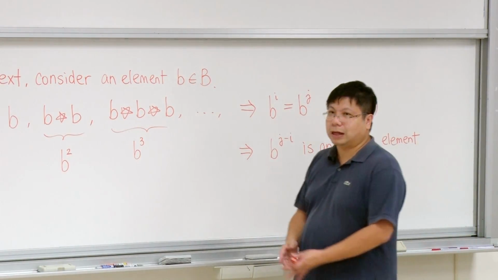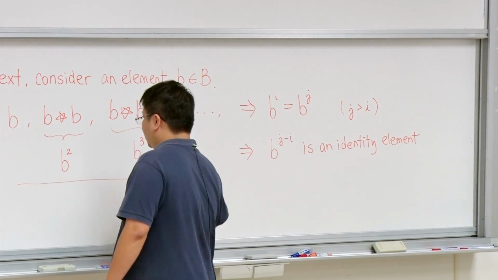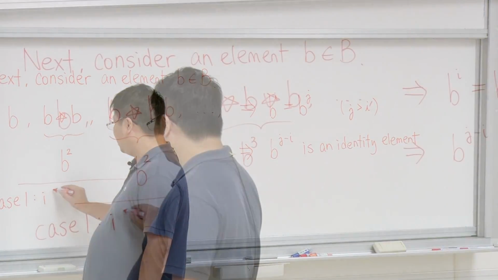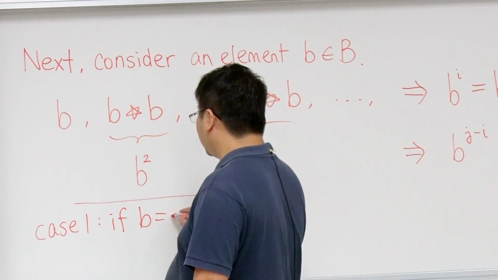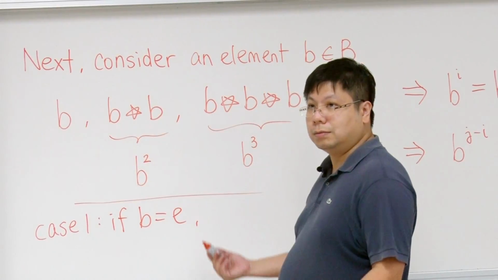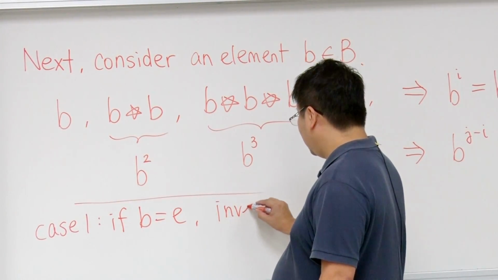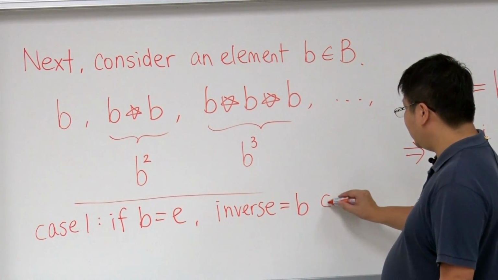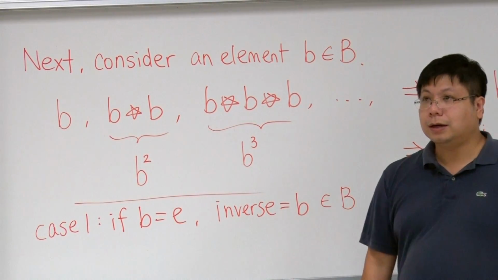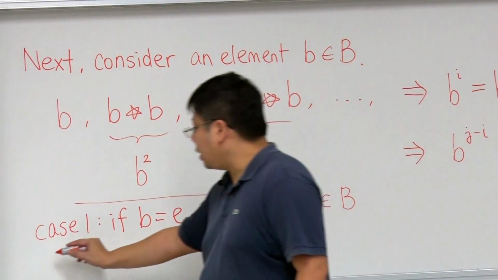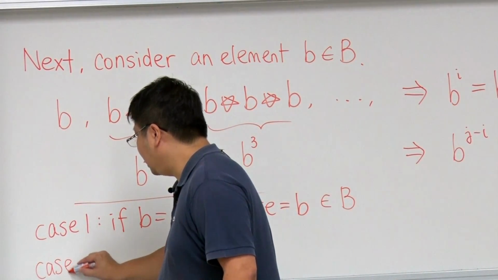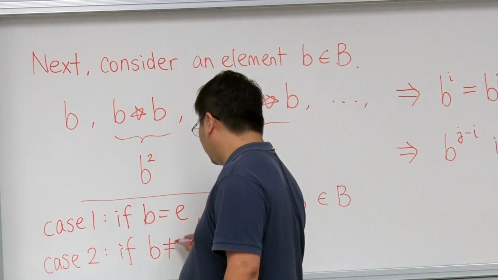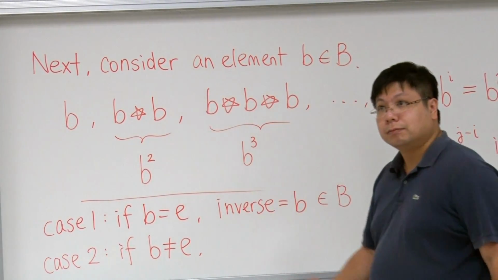So there are two cases. Case 1, if b is the identity, so the inverse is itself, and then it is in big B. Is that okay? Now on the other hand, if b itself is not the same as the identity e, then